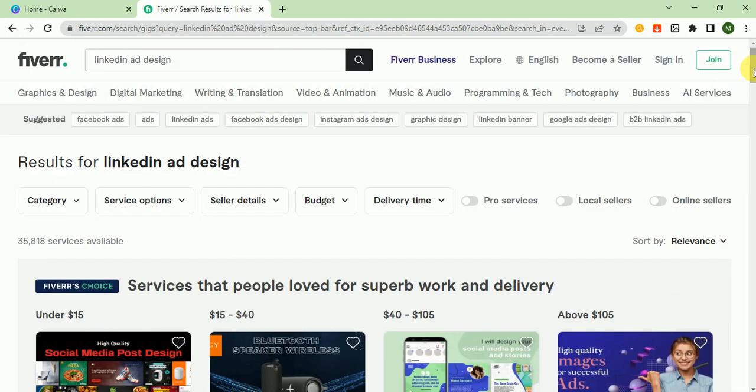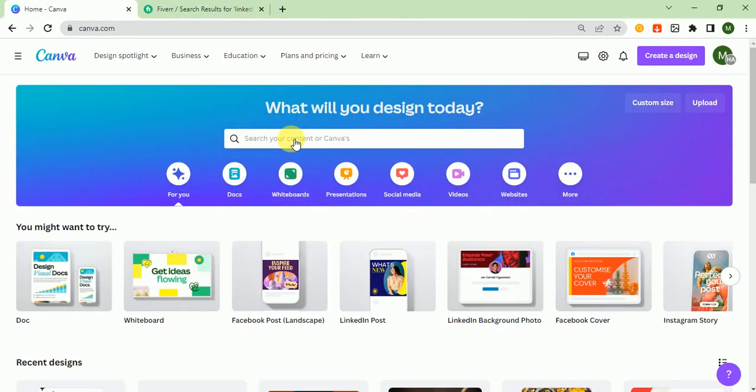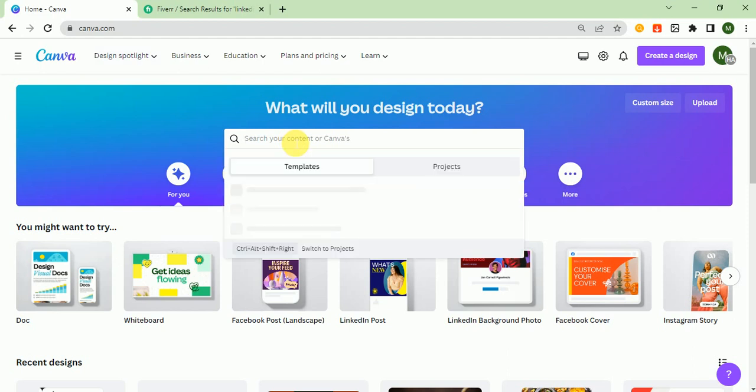So you just have to give some time, and it just takes 3 to 5 minutes to create a LinkedIn ad design. And after that you can start selling this service on Fiverr. So that's it for the Fiverr part, and let's go to Canva and start learning how to design a beautiful and attractive LinkedIn ad. So I am going to Canva, and here I write in the search bar LinkedIn